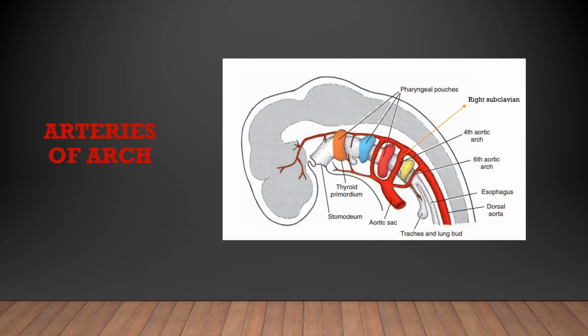In the sixth aortic arch, when you read about this, towards the right side the dorsal part disappears and only the proximal part remains as the right pulmonary artery. Towards the left side, the dorsal part forms the ligamentum arteriosum. This is what appears in the sixth aortic arch, whereas the ventral part persists as the left pulmonary artery. Up to this we have seen the mesodermal derivatives of arteries and nerves in this first part.